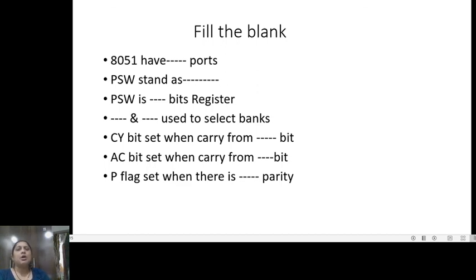When there is an odd parity. When is AC set? When there is a carry from bit D3 to D4 for BCD operation. When will the carry flag be set? When there is a carry from the D7 bit during the unsigned operation of numbers.